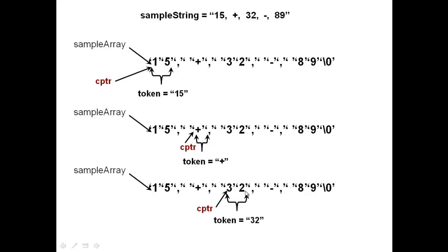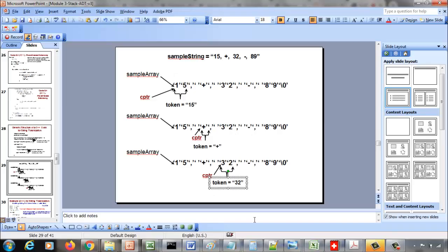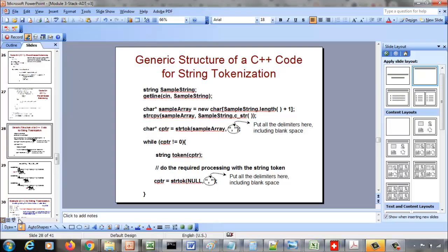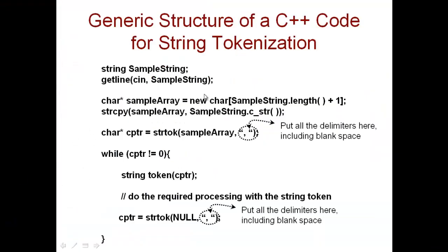And then you see another character, so no delimiter. So keep moving, and then you see a delimiter. So we stop right there and extract the content starting from the CPTR where the address is, up to the character before the delimiter, which is this 2. So 3 and 2 together will now be processed as one string, and so on. So this is the kind of logic that we are going to do, what is called string tokenization. So let's go through the code for that.